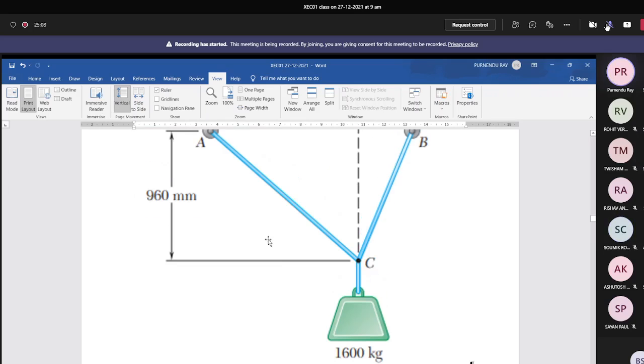But for this case, this joint C is under equilibrium under 5 forces, where 3 are forces of given known magnitude with known direction. 1600 corresponding to this 1600 kg, a vertical downward force, one horizontal force maybe of 700 kg, one inclined force in this direction. But these three forces are giving an open polygon. That closing side is the resultant. So one resultant force is acting there, corresponding to which two support reactions have been developed.